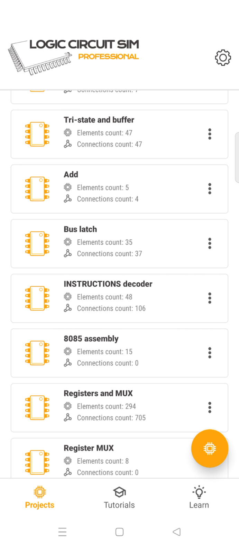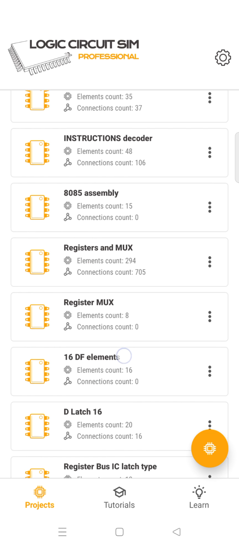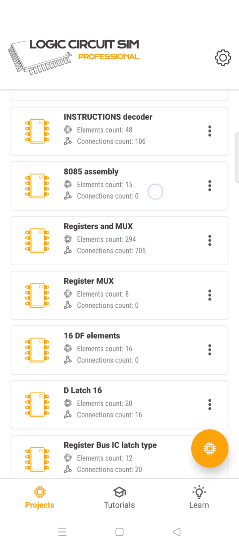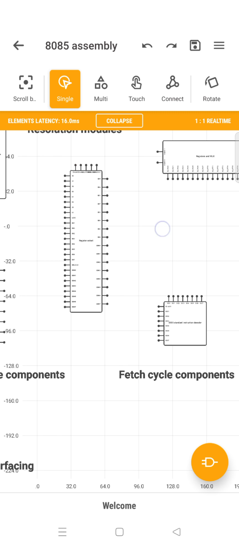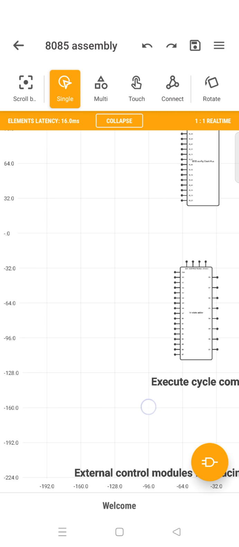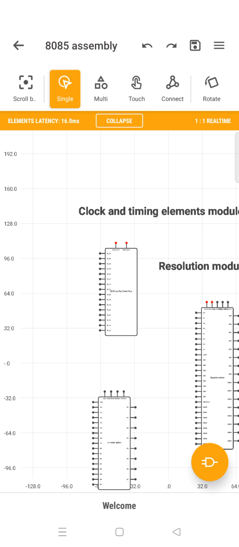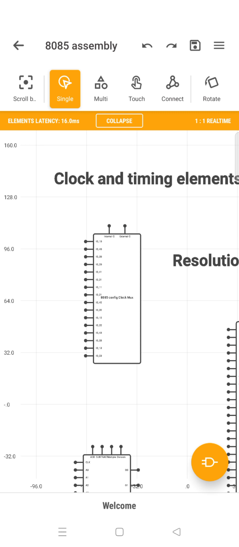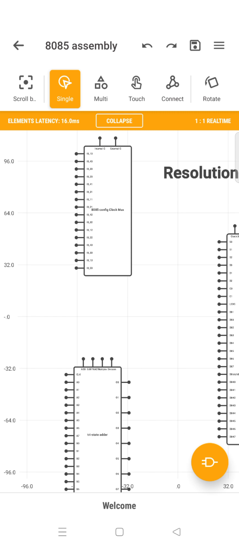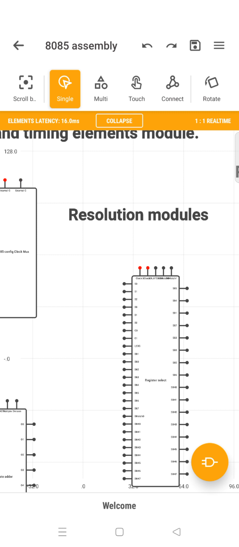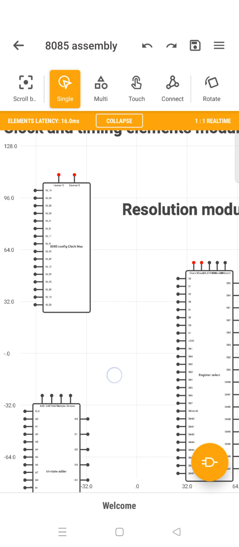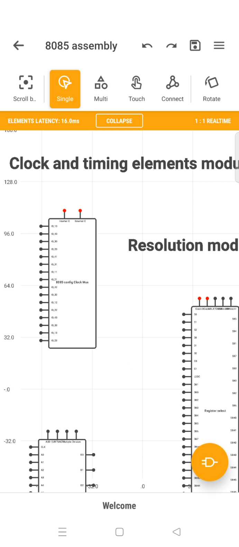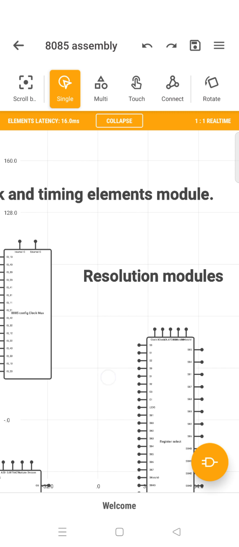Okay, now we have the 8085 assembly. Okay, this is the thing. If you want to do assembly work of the 8085 processor, you put individual elements like this. The first one is the clock elements, which are under one circle. These are resolution modules, which come under different kinds of modules. One is a timing module, which does all the timing control and other things, the timing elements, and it has a timing element module.